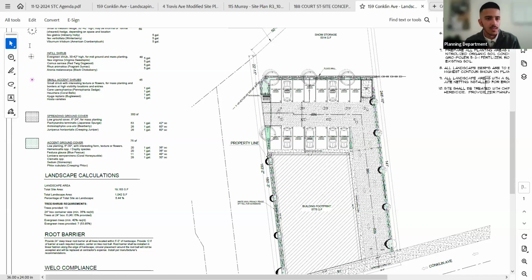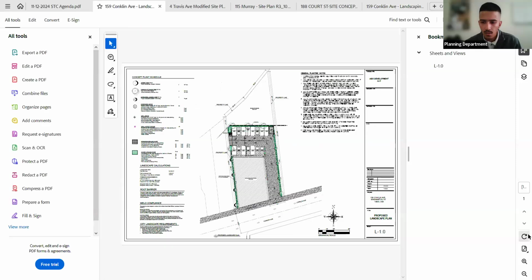Yeah. And if we're in a space to compromise with them, I would much rather see them keep some of the larger trees than some of the small ones on the side. I don't know exactly what they're planning on including in that 50% relief, but the 4 large shade trees I would strongly encourage them to keep, preferentially over the small shrubs on the drive in and out. Okay, yeah, I agree with that.